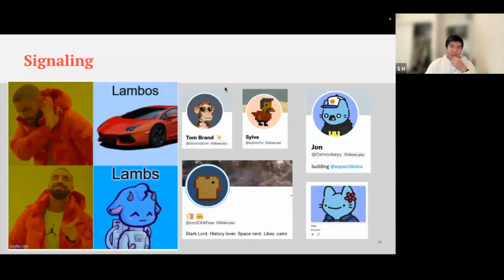Yeah, and I think another use case is more of a vanity use case, right? People signaling who they are or their personality. Just like in real life, people wear certain things or buy certain things to tell the world what they're about. And I think NFTs are like that, but in the digital space, right? Like Tom from StarkWare owns an ape derivative, and Sil from the Bricks team and Loaf from the Realms team also own Ducks NFTs.